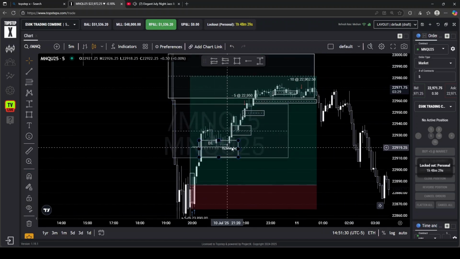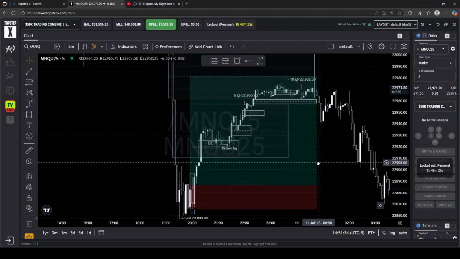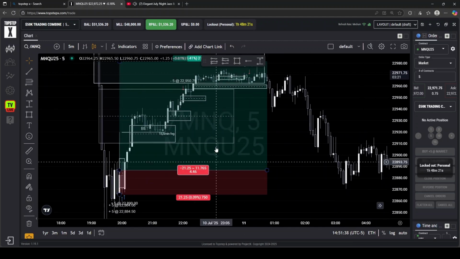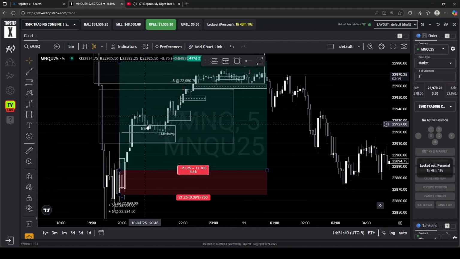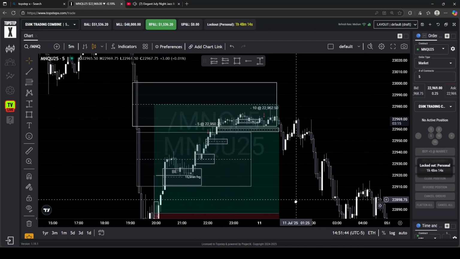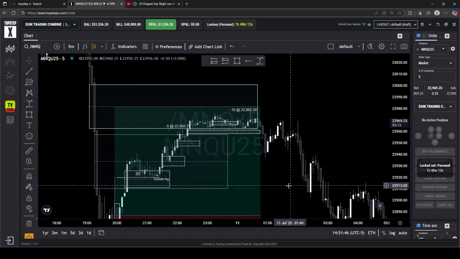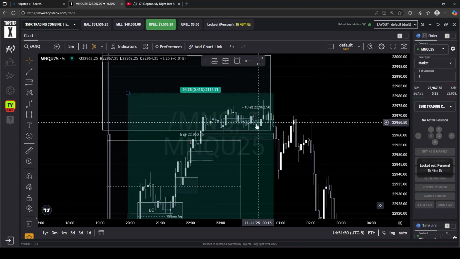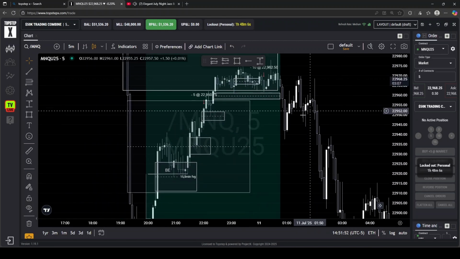So as soon as I seen it kept respecting this 5 minute, I was like, okay, this is pretty bullish. I was really confident in this trade. Again, you can see how many candles this was. This is 5 minute candles. This trade took about 3 to 4 hours. I was getting tired at the end, which is why I closed it out right here.